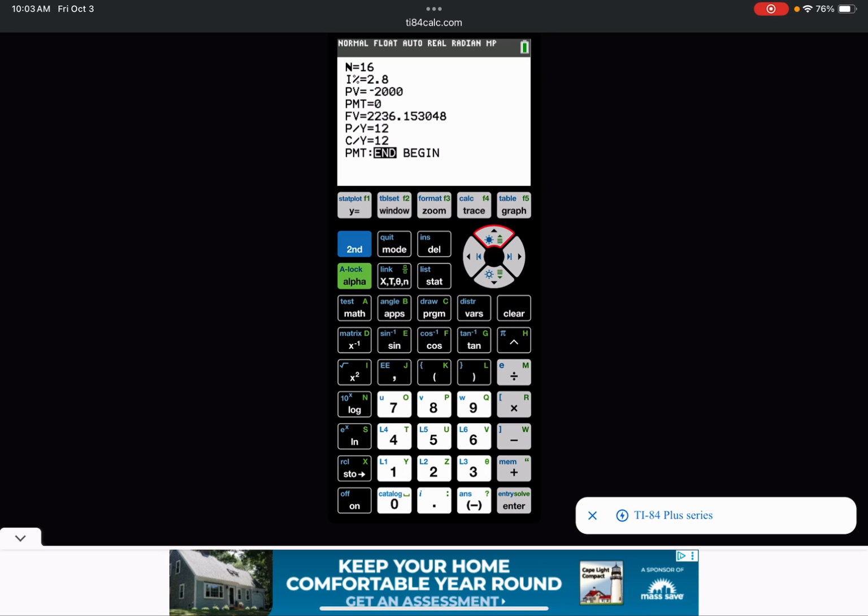Our interest rate is 4.2%. Our present value is negative 20,000. And we're trying to find a future value of 25,000. Right? Trying to figure out when the future value will be 25,000. And the really cool thing about this tool is that now we can go alpha enter, and it's going to say n is equal to